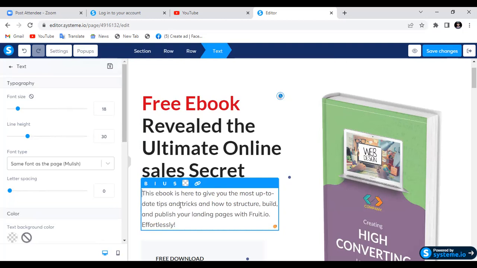And then you see something like this: this ebook is here to give you the most up-to-date tips and tricks on how to structure, build, and publish your landing page with Fruits.io. So now what I just want to do, I don't have to go all over doing all this again. What I will only do is just edit a few things there. That is, this ebook is here to give you the most up-to-date tips and tricks and how to